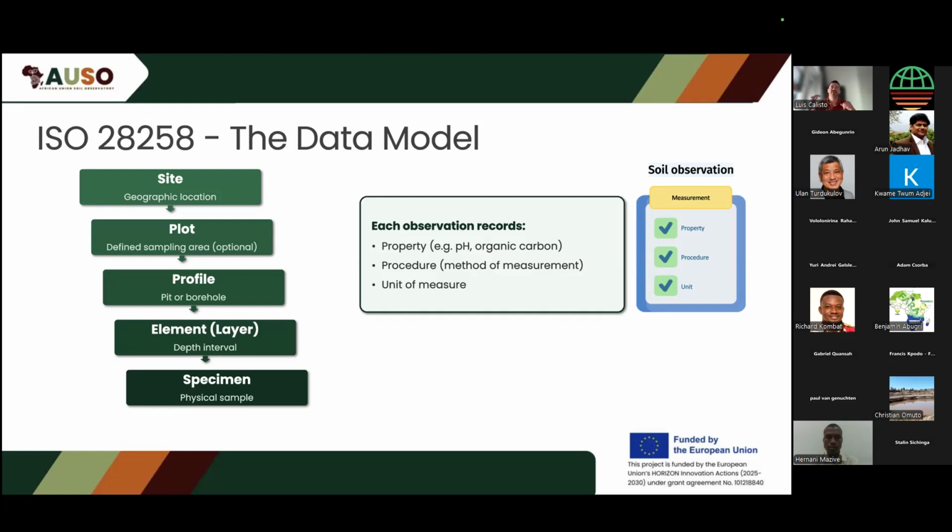And then we have layers. We can have layers that are defined by the depth interval. So different layers, which the standard calls elements. Basically, an element can be a layer or a horizon. And then we also have specimens, and a specimen is the physical sample that was shipped to the lab. These are, in a very resumed way, the structure of the data model and the different containers that we have. If there are no questions, I'm going to tell you